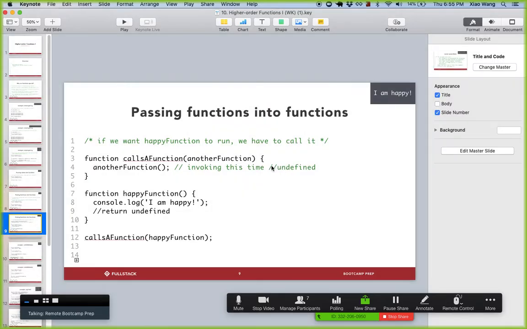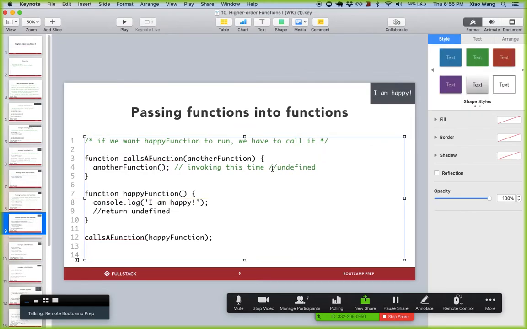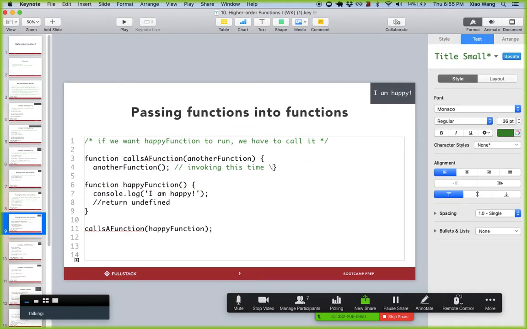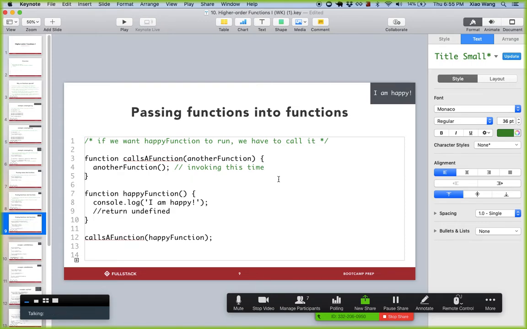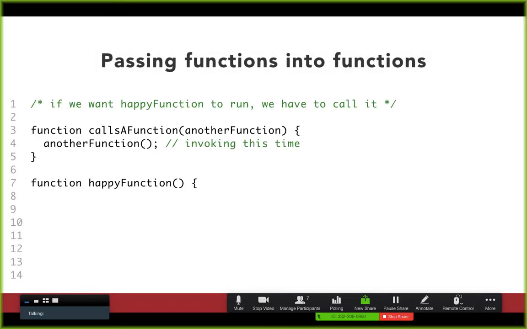And let me just delete this really quickly. This is something that I'll cover in a little bit. Okay, so here on line 7,